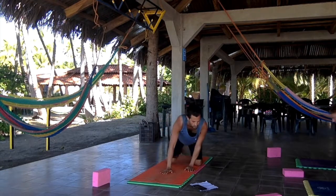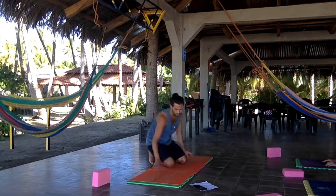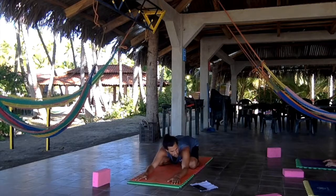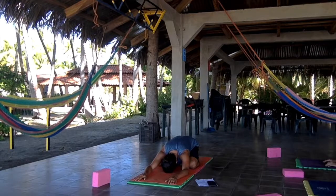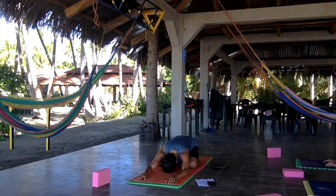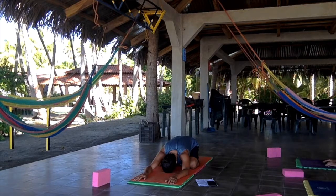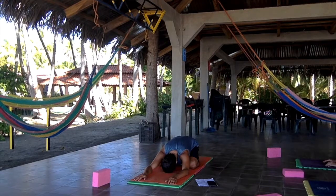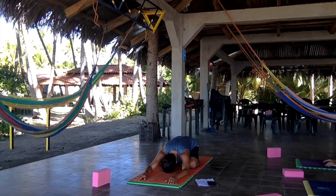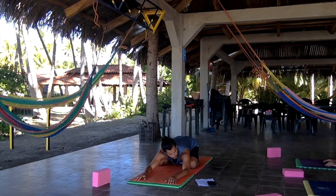When you've completed the sequence, bring your knees to the edges of the mat and meet me in child's pose, connecting with your breath, releasing tension from your body and from that sequence. Come up to a tabletop position,